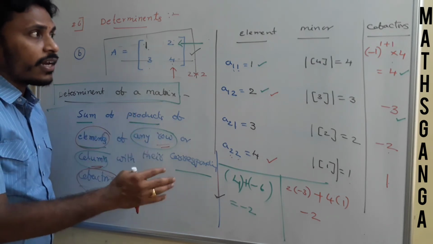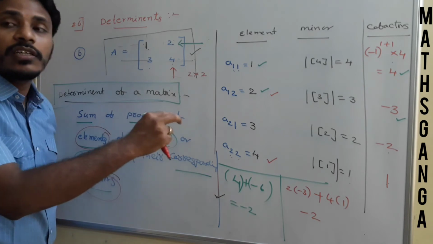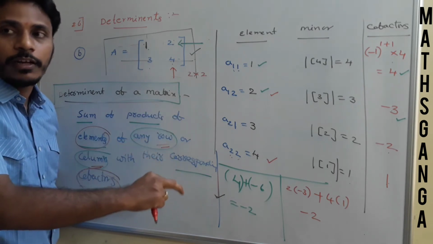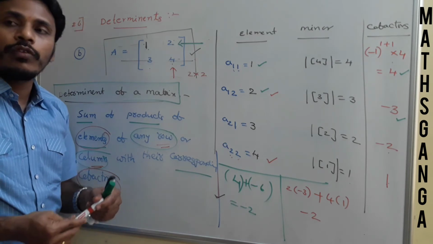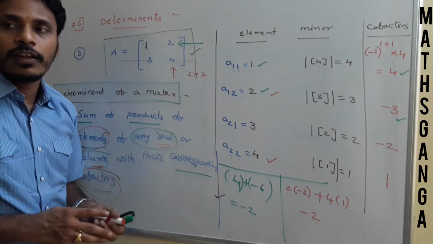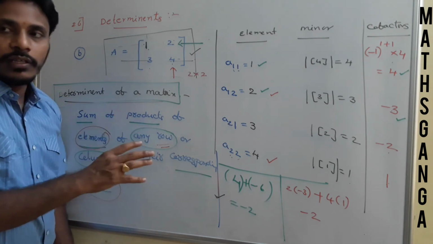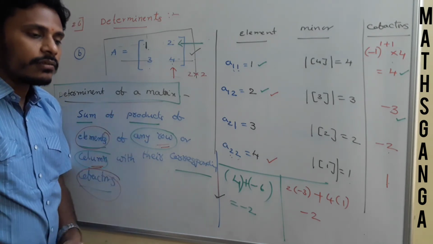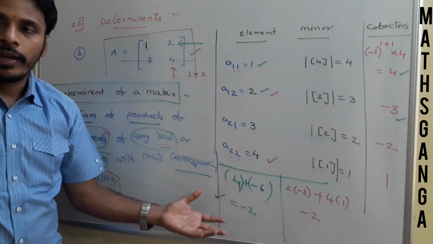Just as a preliminary introduction, since we are learning about the determinant, I mentioned here all the possible ways to find the determinant. But at the end, while solving the problem, you just follow any one row or one column, and that's enough to find its determinant value. So this is the complete theory. Practically it is very easy to find determinants, and then I will mention the next point.